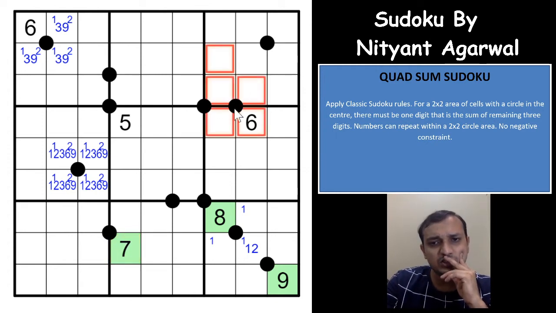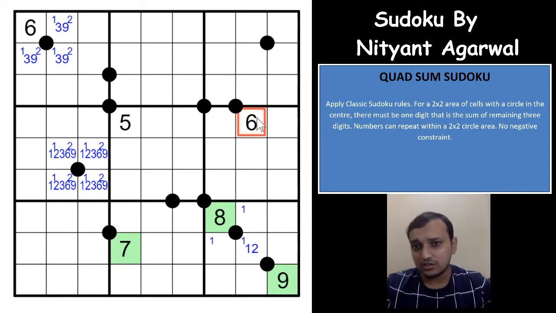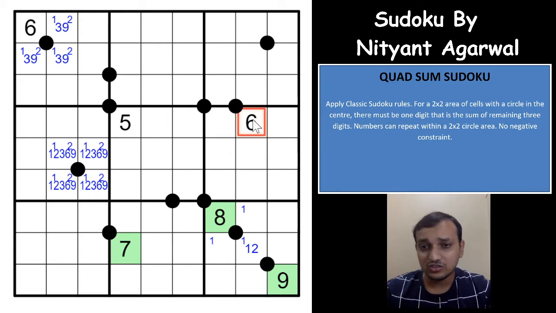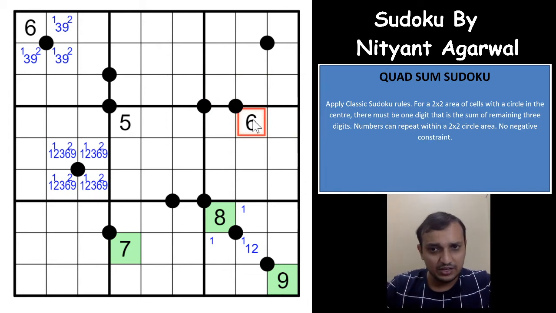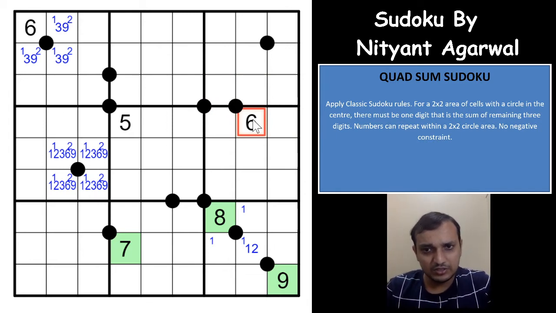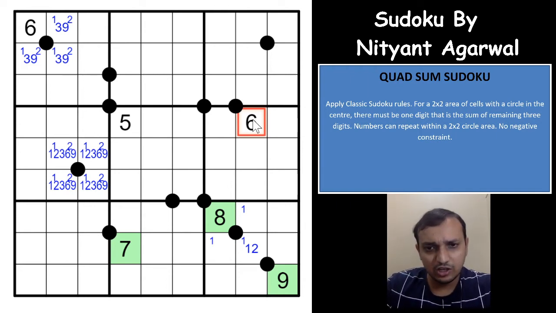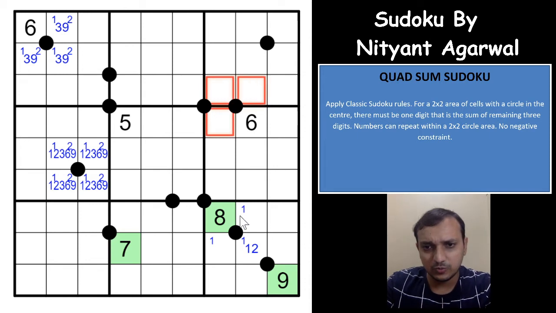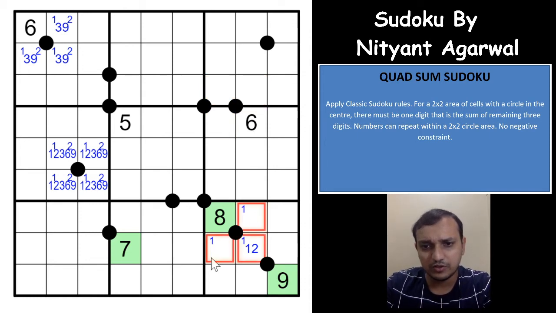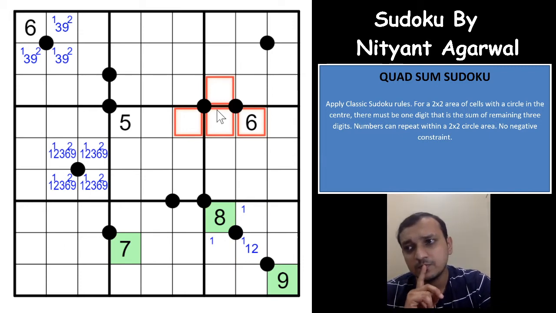Now if you see this now, you cannot have two ones here. Okay, there are two possibilities for the 6, right? Either 6 can be the sum cell, or 6 can be the part of the sum of the cells, right? Let us see what happens here. If 6 is the sum cell, it cannot have two ones in these 3 cells, because that will take all of the possibilities for the 1 from this 8. So you can have only 1 time 1,